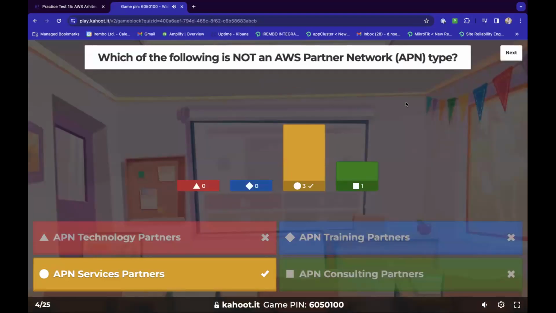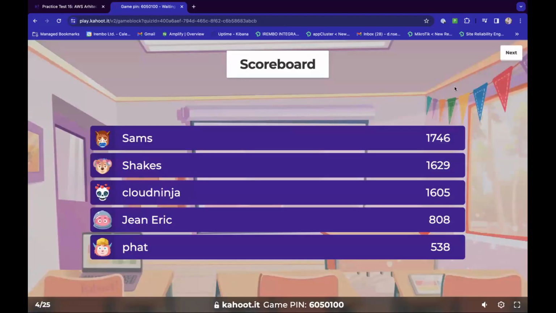Okay, so I see a majority got this right. The one which is not an AWS Partner Network type is APN service partners.